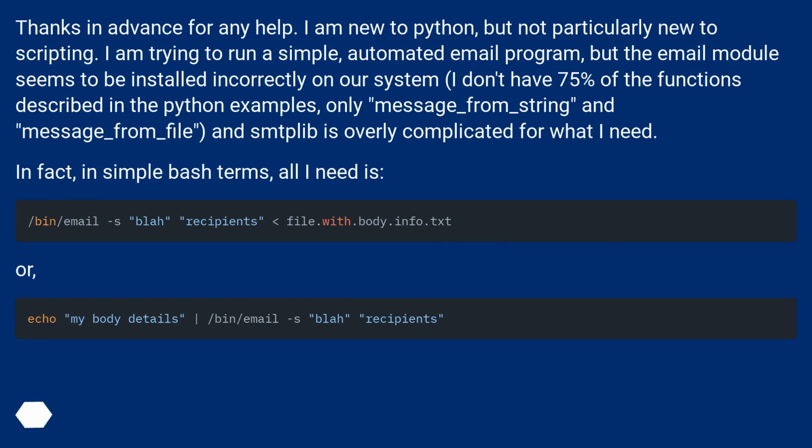I am trying to run a simple, automated email program, but the email module seems to be installed incorrectly on our system. I don't have 75% of the functions described in the Python examples, only message_from_string and message_from_file, and smtplib is overly complicated for what I need. In fact, in simple bash terms, all I need is